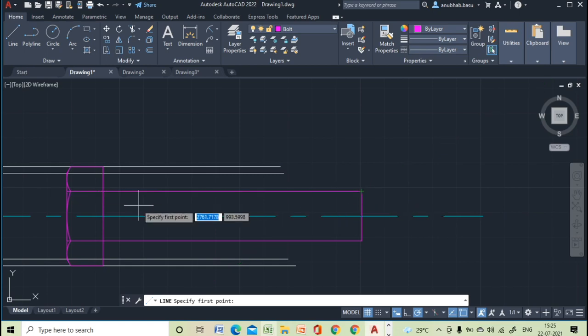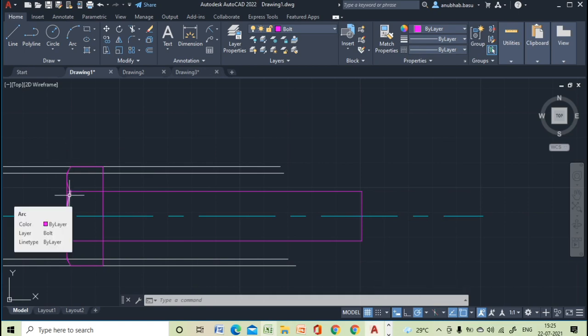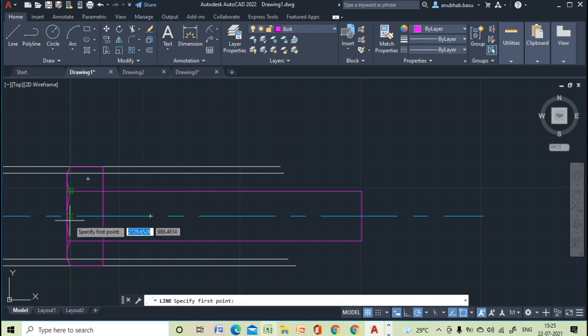We have to find out the center point to draw this arc. Or we can do one thing, we can simply draw a line.